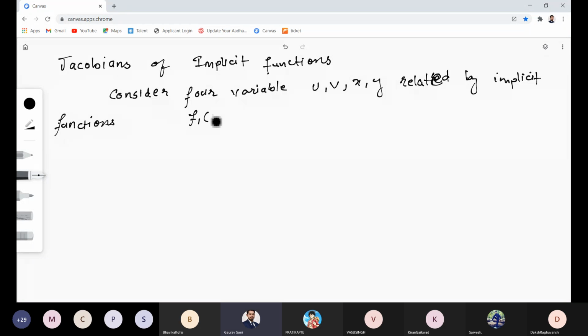So f1 of u, v, x, y equal to 0 and f2 of u, v, x, y equal to 0. Then